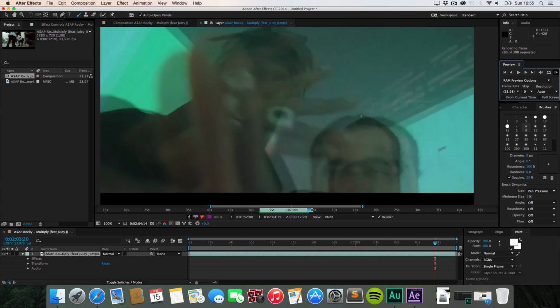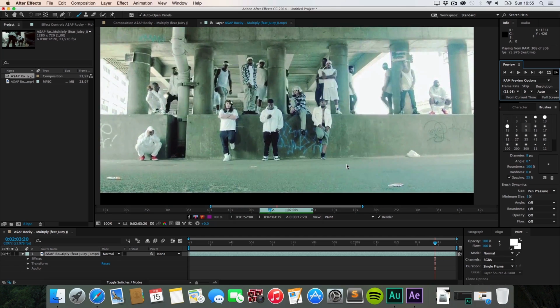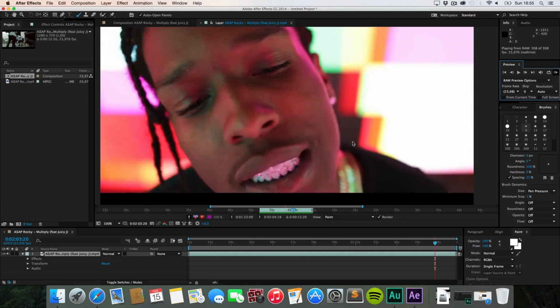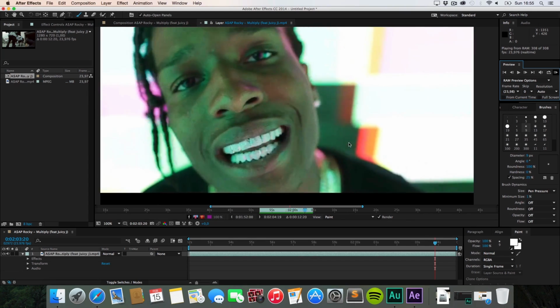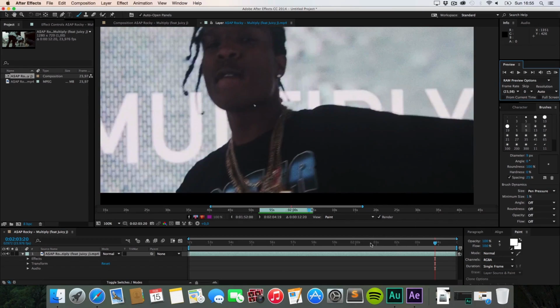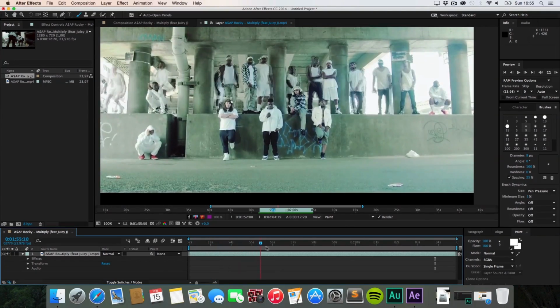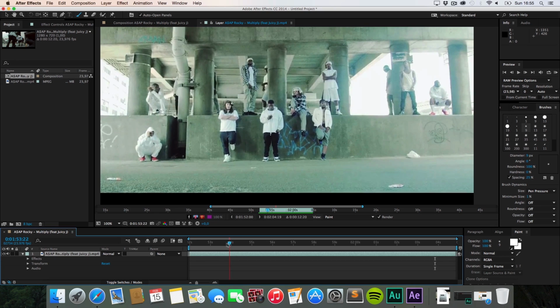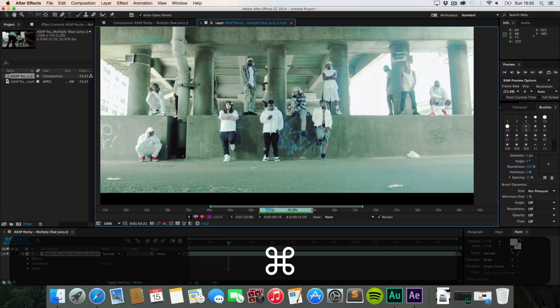Yeah, that's it. So if we now make a quick RAM preview, you can see the little droplet we made here, his hands, eyes, some random action right here, and now his arm. So yeah, the ground also. And well, basically this effect is all about your imagination and making the perfect animations. And I think you shouldn't animate anything if it doesn't lead to the storytelling of the video, because then it's just some fancy stuff going on and there's not much value in it.